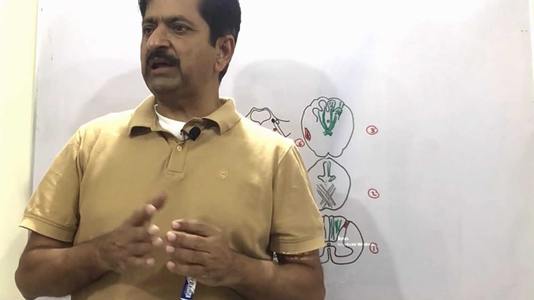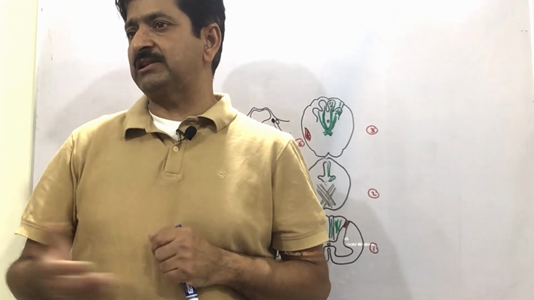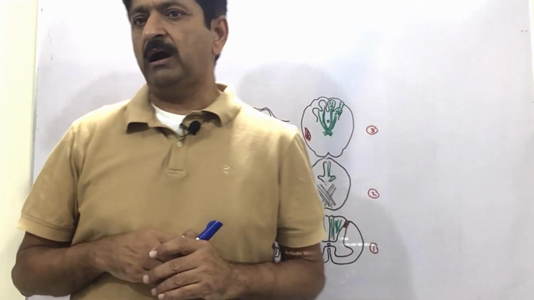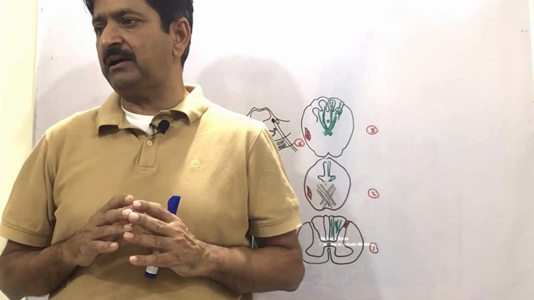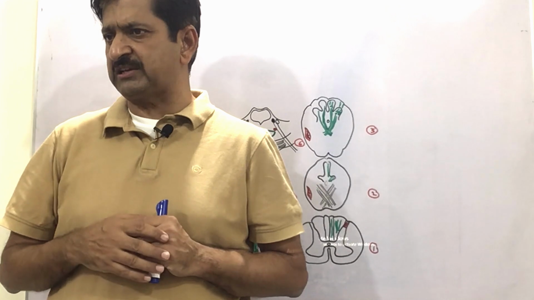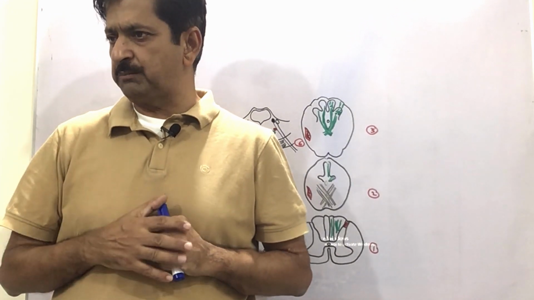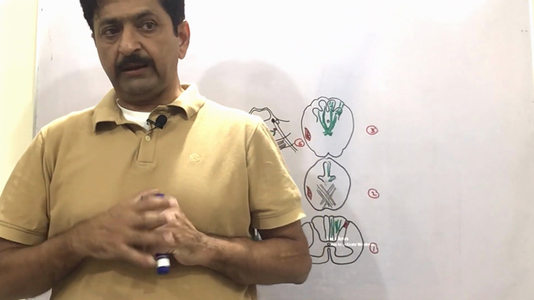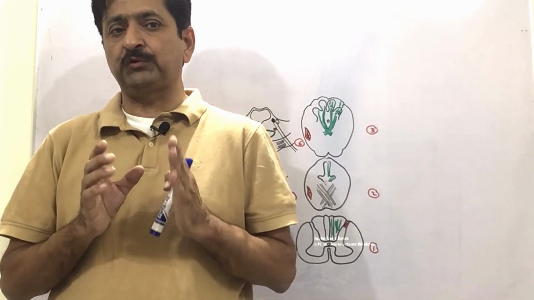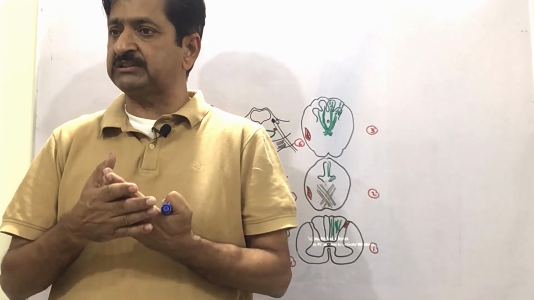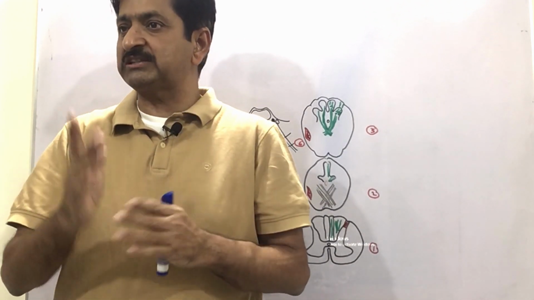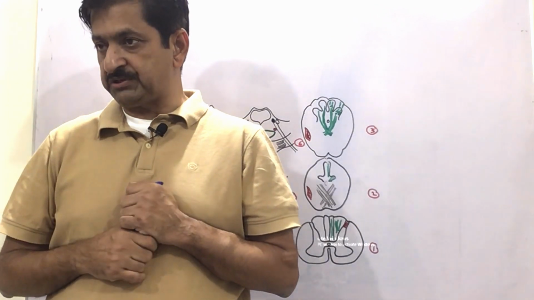And apart from them we discussed certain other nuclei also. Other nuclei means other than these; these are the other nuclei of the brain stem, and at different levels we traced some 10 to 11 such important nuclei. And apart from them there was another area, another collection of cell bodies along with fibers, crossed and uncrossed. There was a body in the middle that was called the reticular formation.